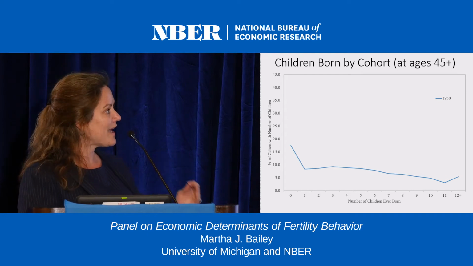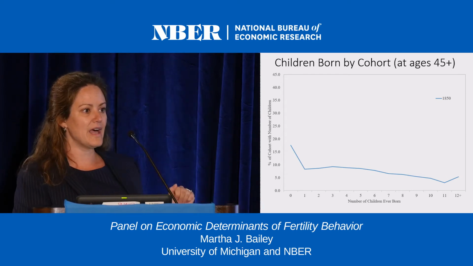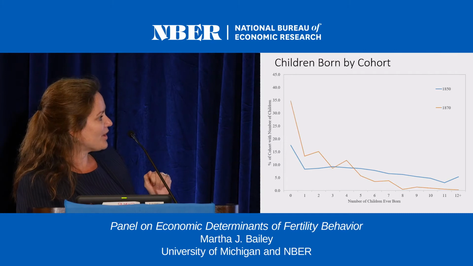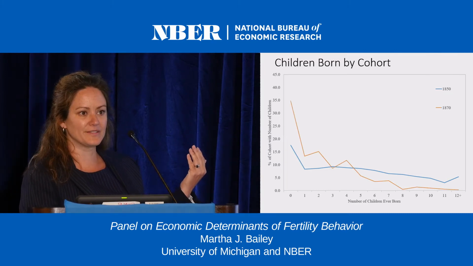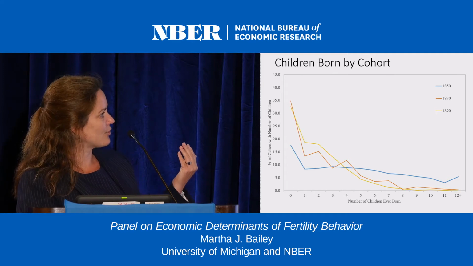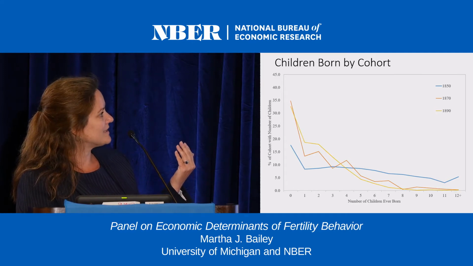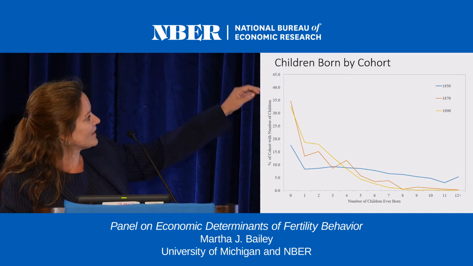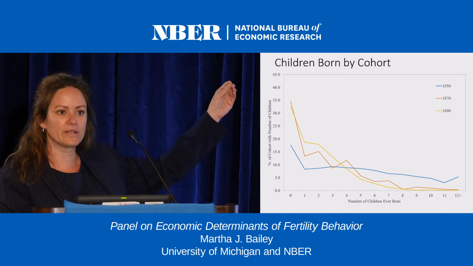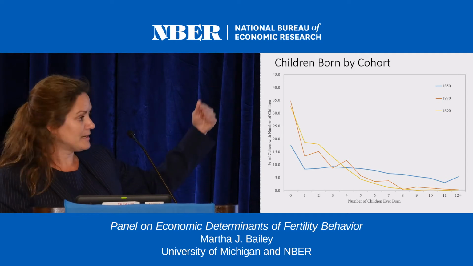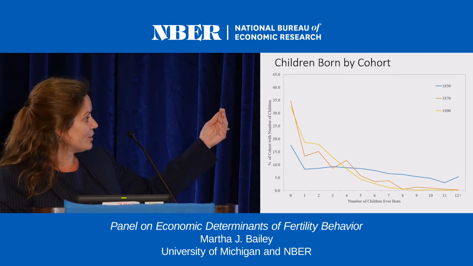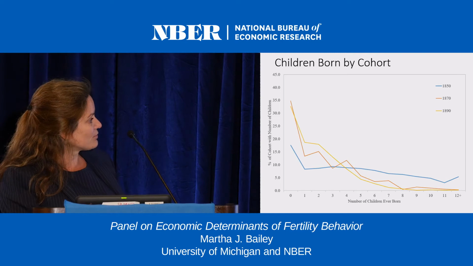So what happens as we move forward, that decline, as we move through to the Depression, is you see women more effectively limiting their childbearing. This is cohort of 1870, cohort of 1890. And so the other thing you see is that childlessness rates are really, really high. Over a third of those women, in part driven by non-marriage and in part driven by married women having no children, they're sort of pushing, the mass is really pushing back.